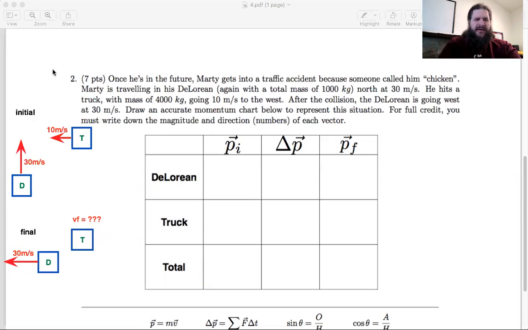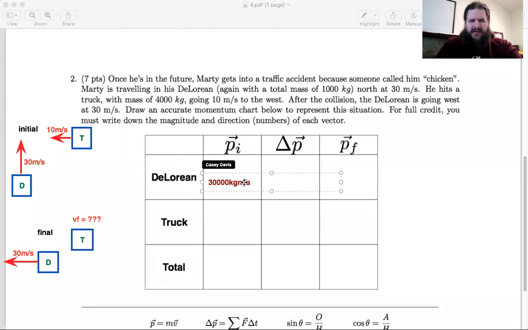Any questions on the initial and final situations so far? Then let's fill in what we can. To make the momentum chart, how do we calculate momentum, like the initial momentum of the DeLorean? 10 times the mass of the DeLorean. Yeah, or it's going at 30 meters per second, so we multiply 30 times the mass. So 30 meters per second times 1,000 kilograms would be 30,000